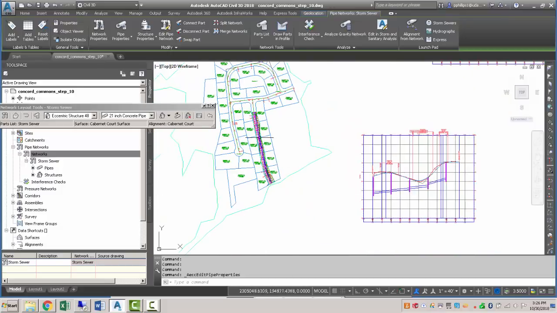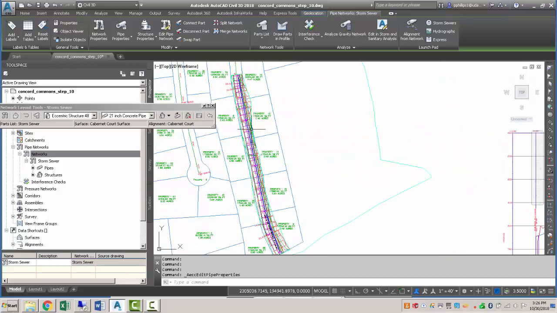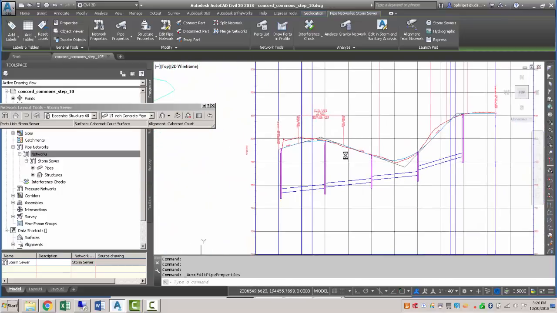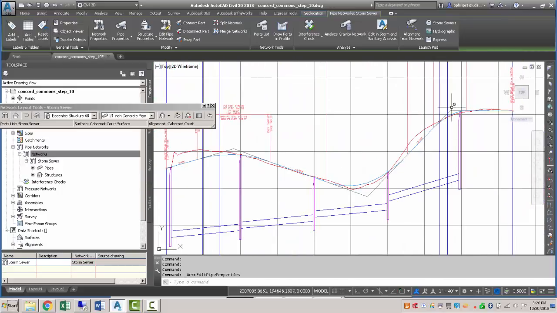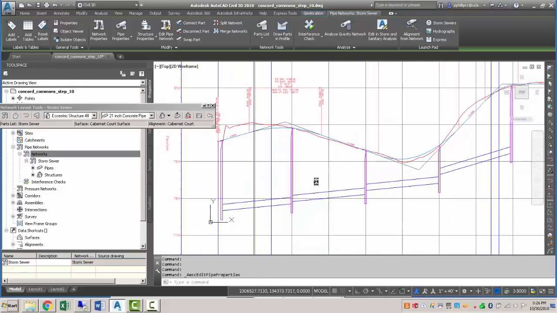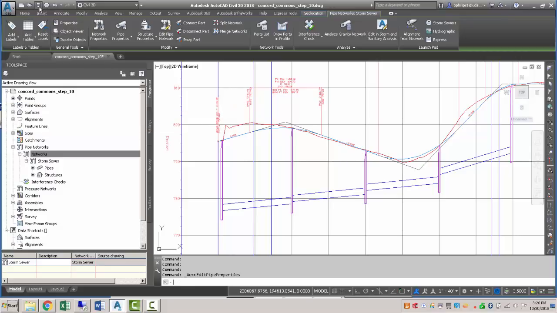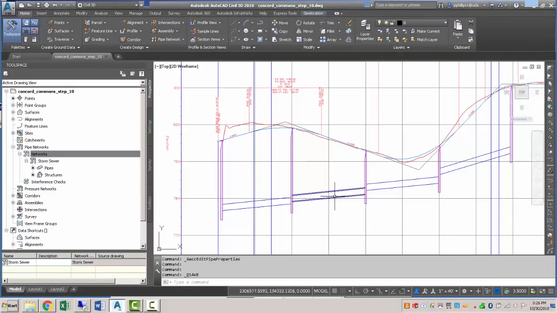We've got our plan view of our distribution, and then we've got our profile that allows us to look at not only the existing grade but the roadway, and then also our pipe network plan view. So once we've got the pipe network laid out here for this particular section of the road, we are done with this tutorial, so we'll save it and we'll leave off